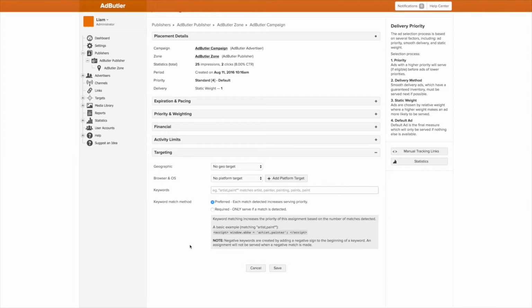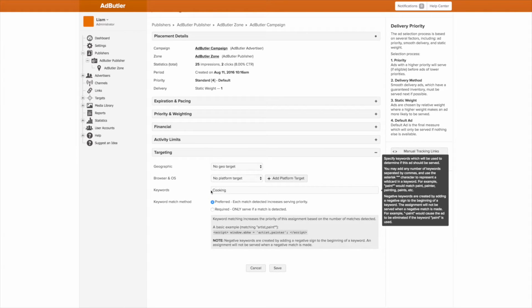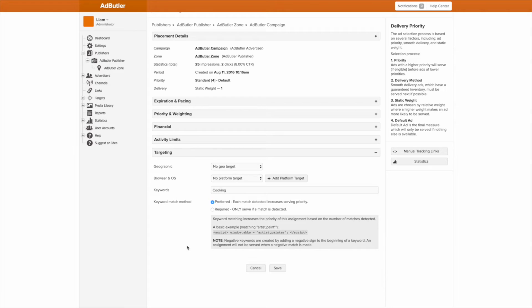Okay, so the basics of keyword targeting is we type a string. Basically, in programming, a string is a phrase. In this field, say the word cooking, and then when the zone tag requests a banner, it looks at a variable, basically a stored item on a website, and if the variable matches the string we typed in, the banner will be served. How do we actually set that keyword variable?